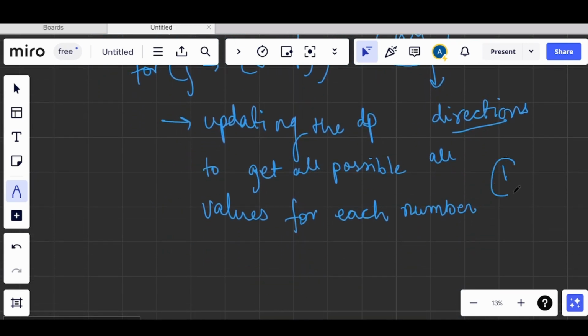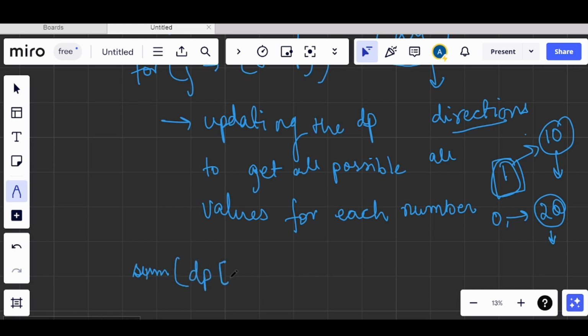Now if we are on one index, it can have, let's say, a total of 10 possible values, and for 0 it can have, let's consider, 20, right? All of them will have some possible values. So we have to return the sum of the entire dp. We will take the sum of dp till n minus 1.